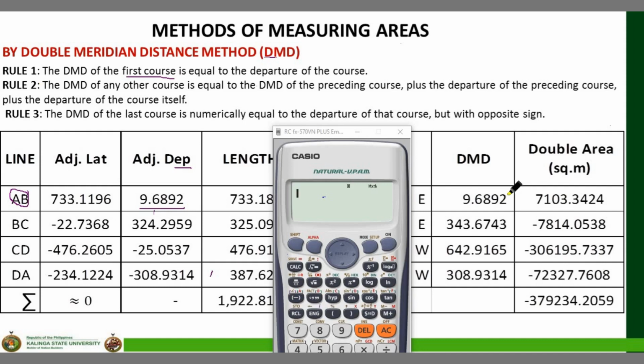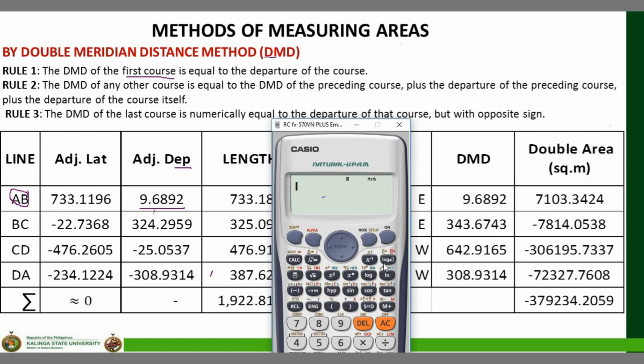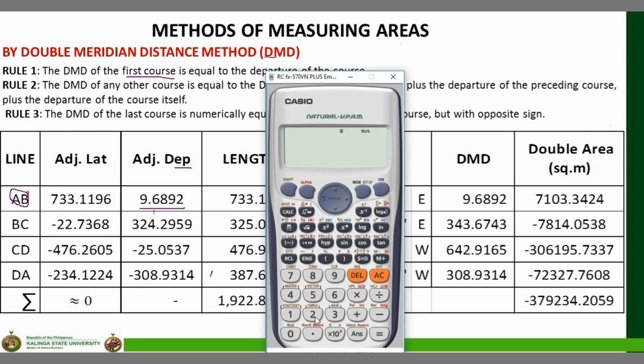Rule 2, ang rule 2 para sa mga succeeding courses or succeeding lines. So, the DMD for BC, the DMD of any course is equal to the DMD of the preceding course plus the departure of the preceding course plus departure of the course itself. What do this mean? Ang DMD ni BC is equal to the DMD of the preceding. Pag sinabi nating preceding, yung nauna sa'yo. Okay? Ang naunang line kay BC ay si AB. The DMD of AB is